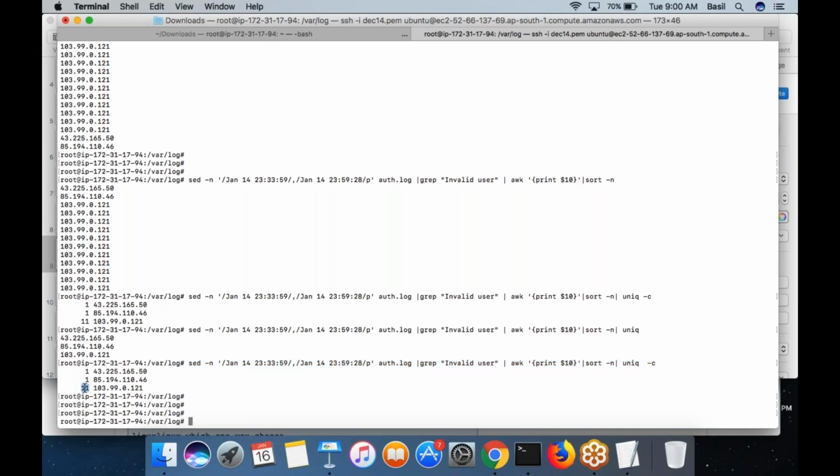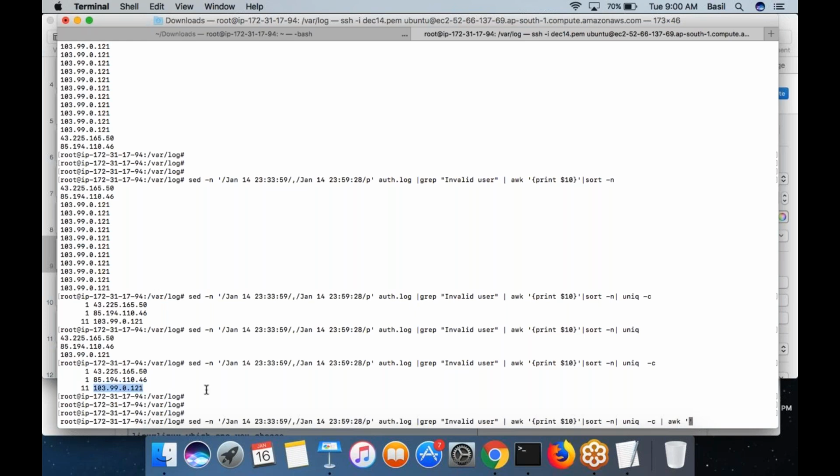If $1 is equal to 11, then, or I can run an awk command here itself. You don't need anything here. Within the awk command, put an if condition. If $1 is greater than 10, then it would generate another message.